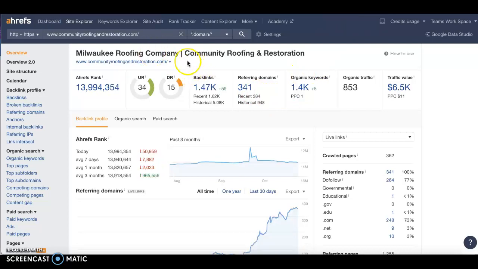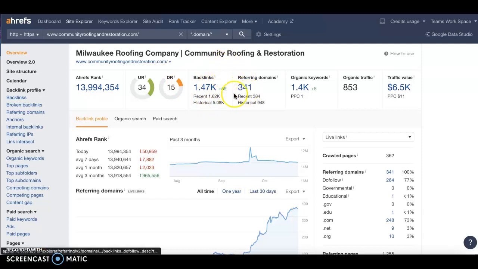The competitors, their numbers are really high compared to your numbers here and here, but like I was saying earlier, it's not always the quantity but the quality. So certainly they do have a lot of them and they're helping them rank, but like I said, it's always quality over quantity.